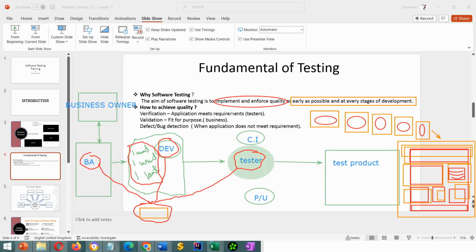Verification: application meets requirements, tester. You see that there? That this application, this test product, meets requirements. It's called verification. Validation: fit for purpose, the business. That this software that you have developed meets what the business